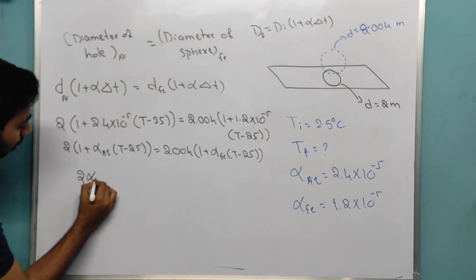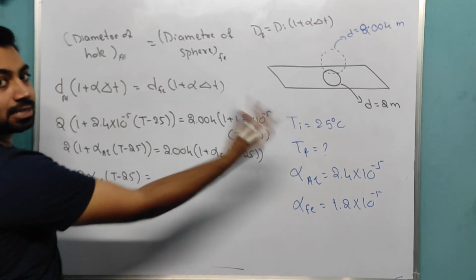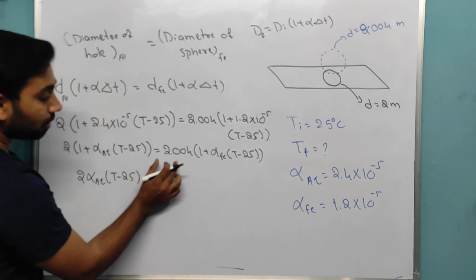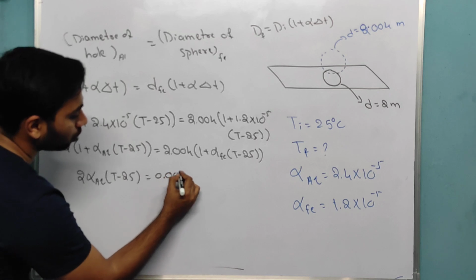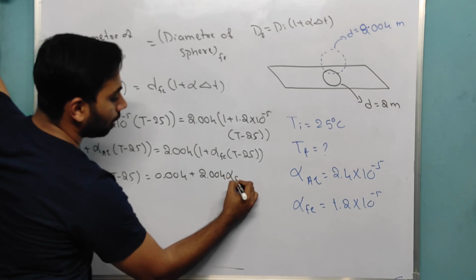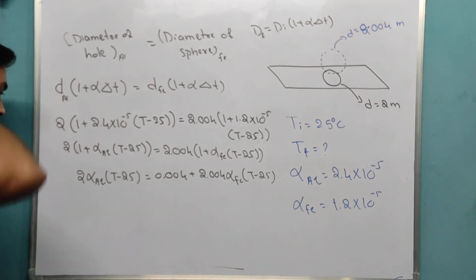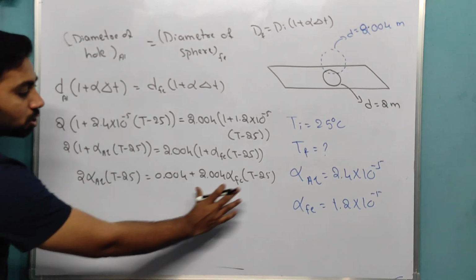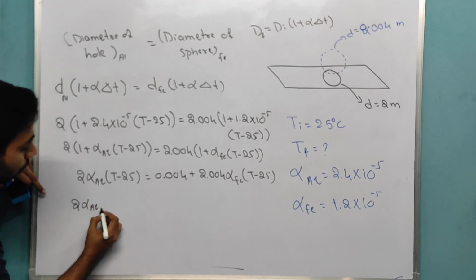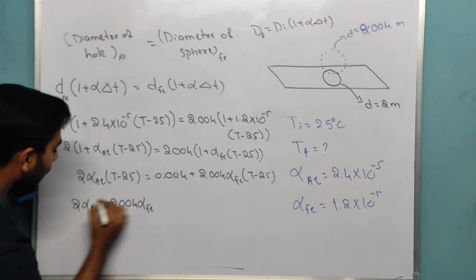Okay, now what will I get? I will get 2 alpha Al into T minus 25 is equal to, if I send this to that side and multiply here also, here it will be 2.004, and this goes to minus 2, then I will get 0.004 plus 2.004 alpha Fe into T minus 25. Correct? This one I will get exactly. Now finally, this one is looking the same, so I will send it to one place. So it will be 2 alpha Al, okay, now minus 4 alpha Fe